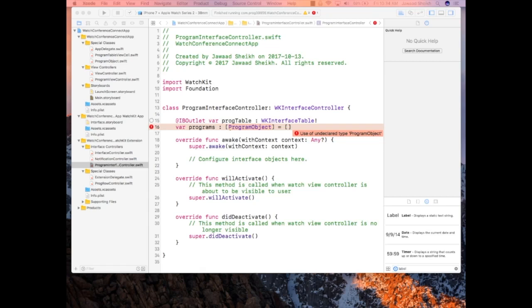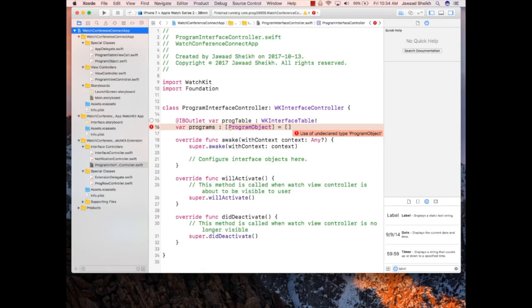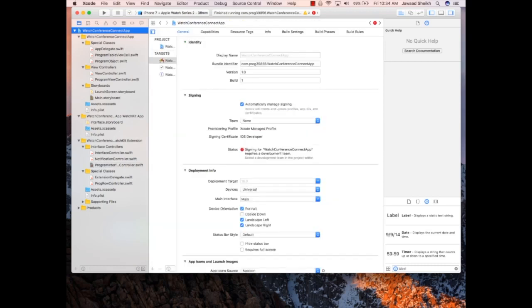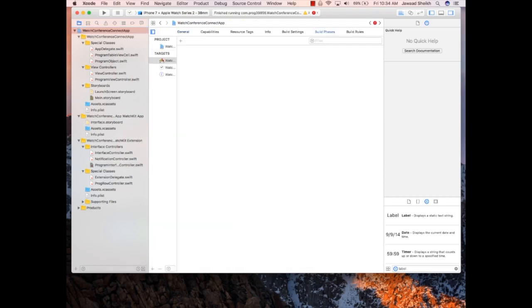To do that, we have to actually go over to our project settings. So up here at the top, and we're going to go to build phases. And you'll see here I have a little document view on the side. I'm going to extend that a little bit because we never touched this area in our lessons, but we're going to touch it today. Now, kind of challenging to do, but anyway,